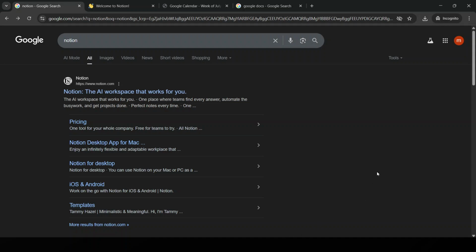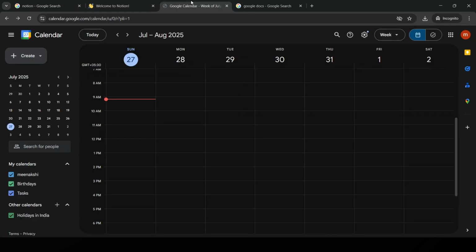In today's video, I'm going to teach you how to connect Notion to Google Calendar. This setup is incredibly useful for managing your schedule seamlessly between these two platforms, ensuring you never miss a beat, whether you're knee-deep in projects or keeping track of personal appointments. We'll walk through the process step by step, and by the end, you'll have a smooth integration that enhances your